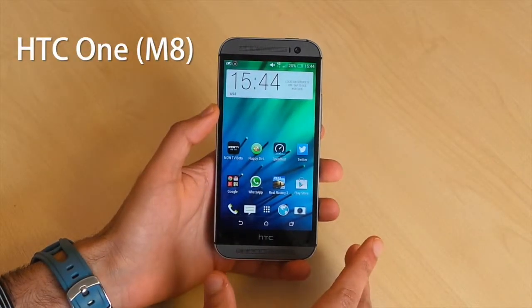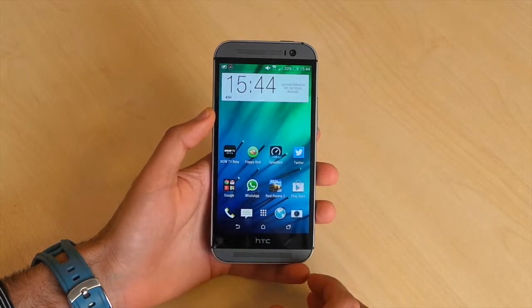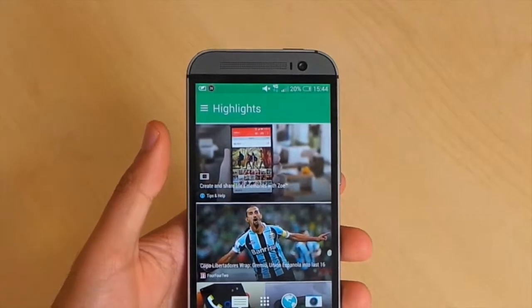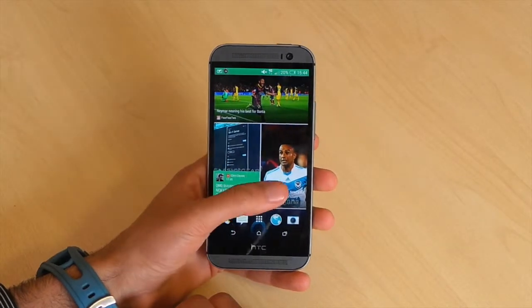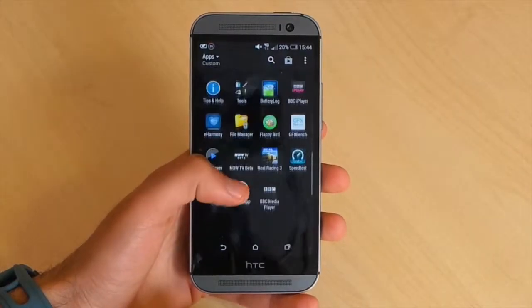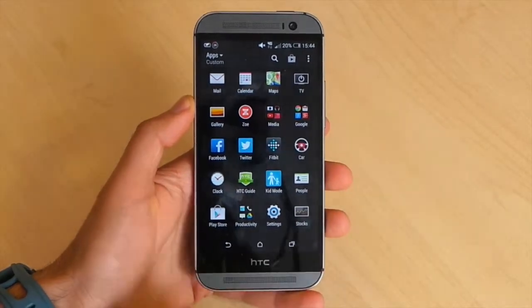So the HTC One M8 is running Android KitKat 4.4, but it's customized using HTC's Sense interface. So it's still got things like the Blink Feed when you swipe left, so this aggregates different pieces of content. You can completely customize this, choose whichever you want. It's also got the different app styles here, so it looks different from, say, a Samsung phone or a regular